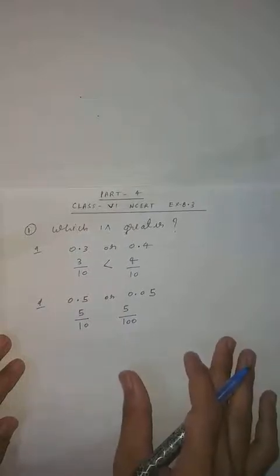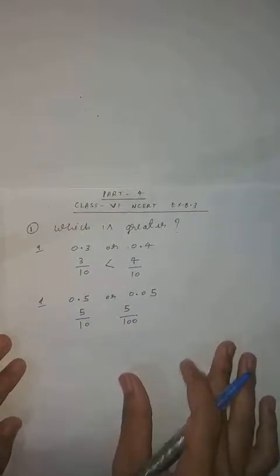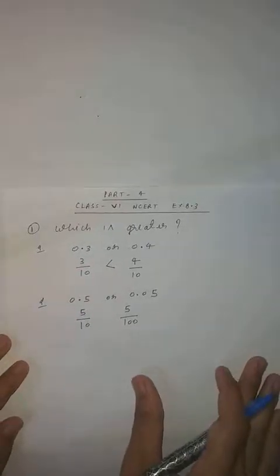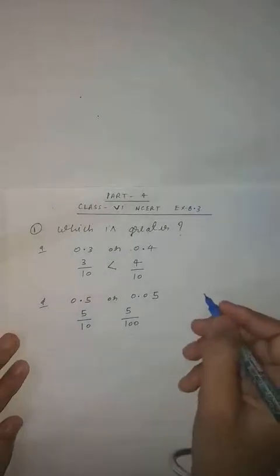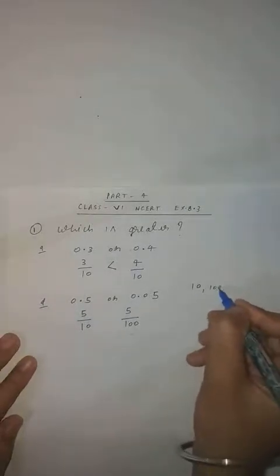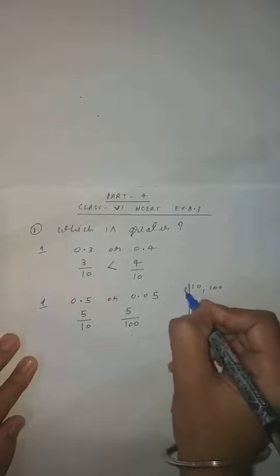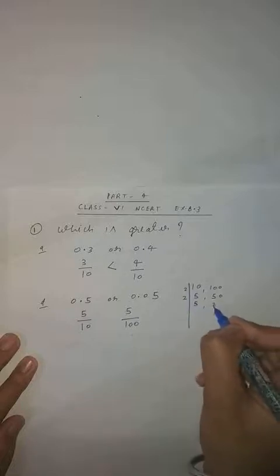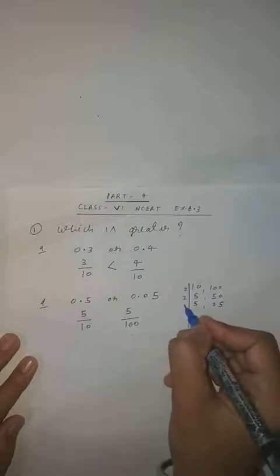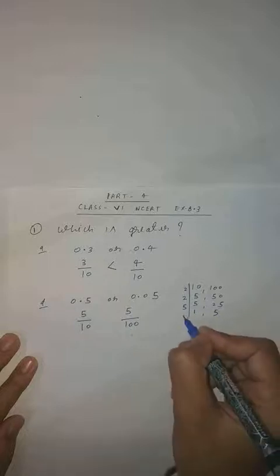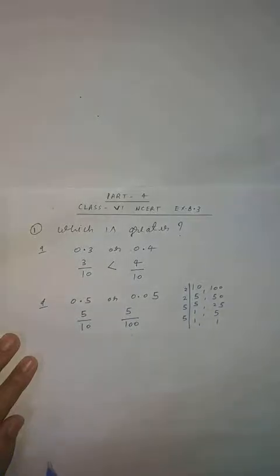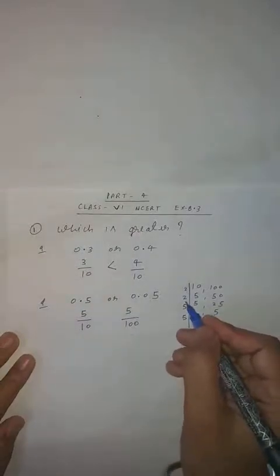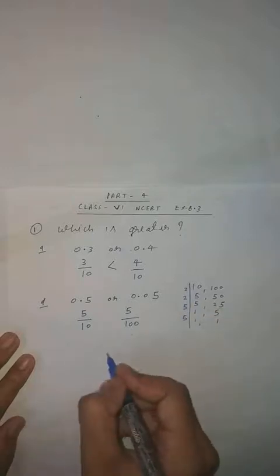So the first step is to make the denominators equal. Here 10 is given and 100 is given. For equating the denominators, what do you have to do? You have to take the LCM. Clear, student? So take the LCM of 10 and 100. 2 5s are 10, 2 2s are 4, 2 5s are 10. Now this is divisible by 5. 5 1s are 5, 5 5s are 25. Then 5 1s are 5. So what is the LCM, student? 5 5s are 25, 25 2s are 50, 50 2s are 100. That is, the LCM is 100.